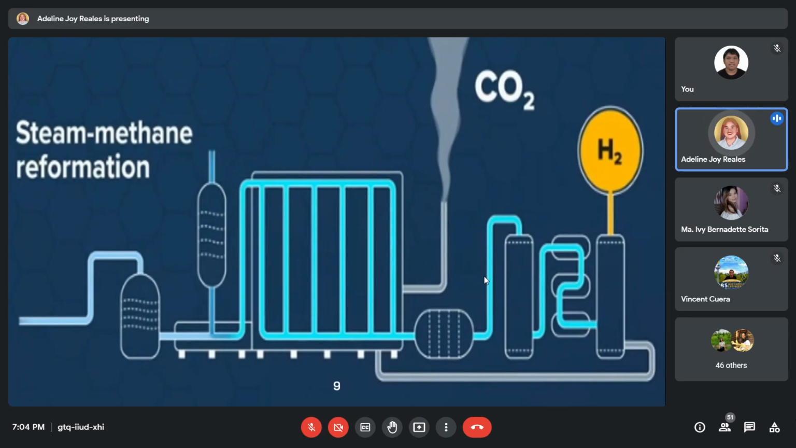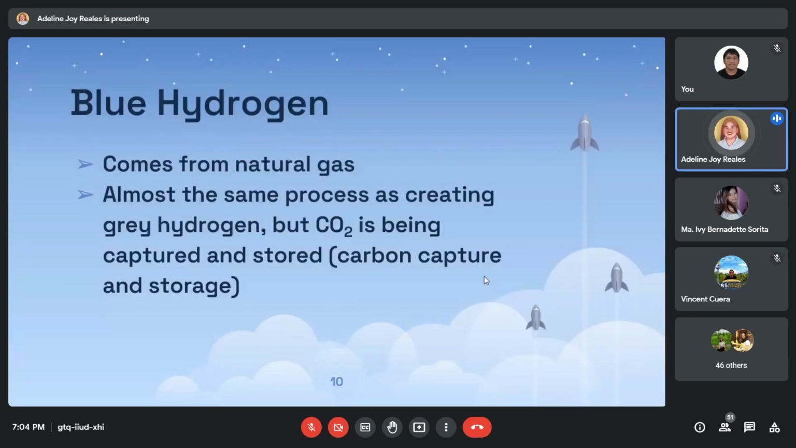Even if it is safer as compared to black or brown hydrogen, given its scale, it is still harmful to the environment as more greenhouse gases are being emitted. Third color is the blue hydrogen. Blue hydrogen has a somewhat similar process with gray hydrogen because it uses the same material, natural gas, and steam